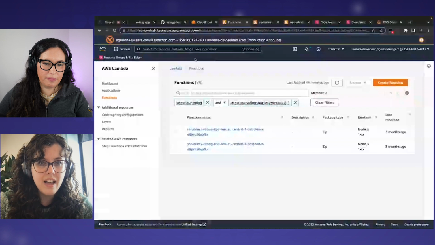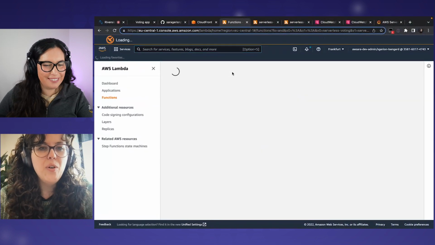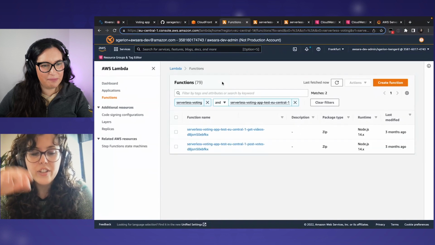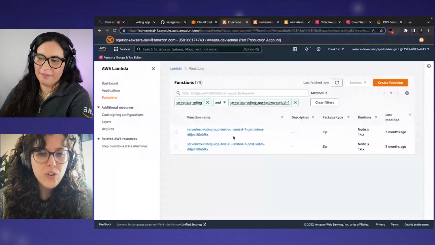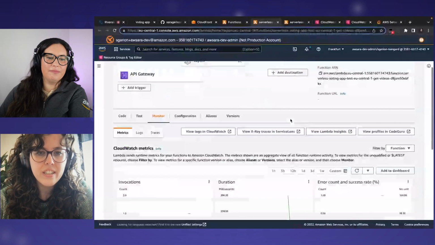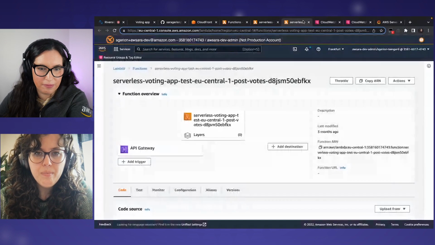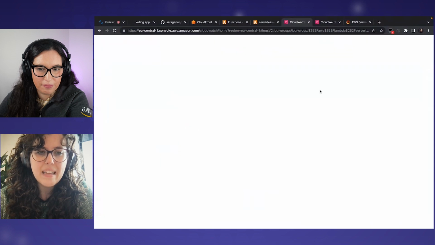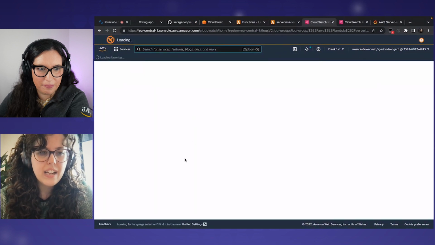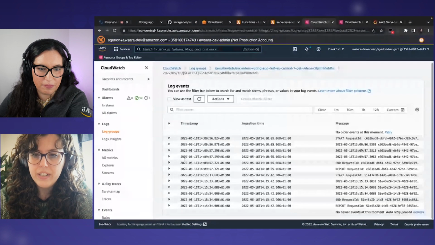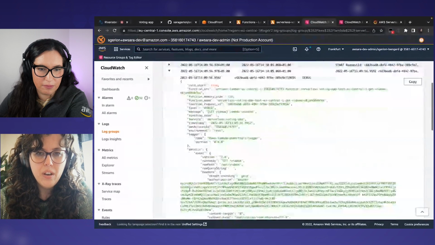So let me show you actually. I hope that I still have the session. Yes, I do. Okay, so I showed you a bit of the code base. I showed you a bit of my tagging strategy. Let me show you. So this is the Lambda function, the console. Let me show you a bit of the goods. What are the data points that I generated? So this is CloudWatch Logs, where, for instance, let me open something. So this is an example of